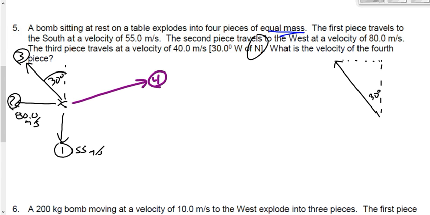What was the speed of that? Number 3. 40 meters per second. Okay, there's my 40. This is my X. This is my Y. Cosine 30 degrees is equal to X over 40. Or rearrange it, it looks like this. Gives me,